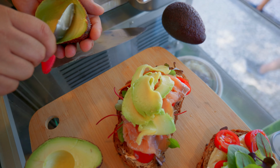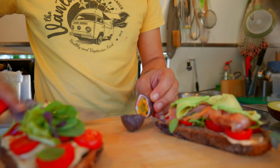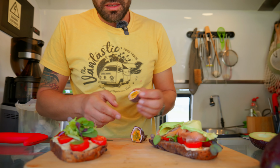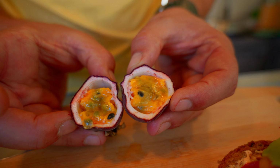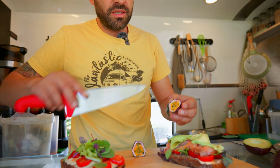Should we make this a little bit more special for you? Go on then, why not? Of course. I can never say no to that. This passion fruit, these ones are from us. Is this from your garden as well? No, I have two. They are big, but no flower yet. Show me the inside of that. The inside is so beautiful. Wow. This is a little bit sweet, a little bit of acidity, and please, you don't